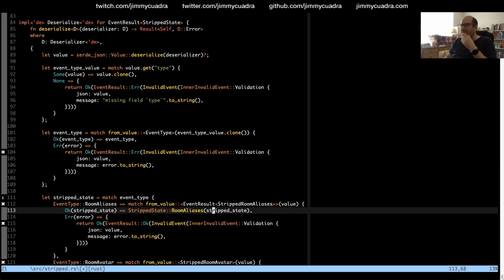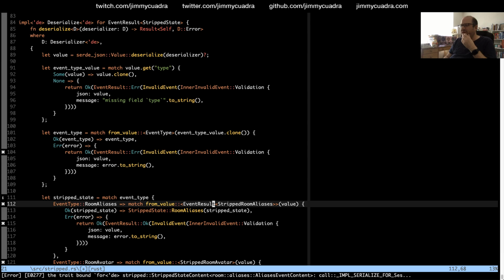Oh man. So if this fails, I wonder if this can actually just use the question mark now, because the event result that comes back is already going to have an error if this conversion fails.